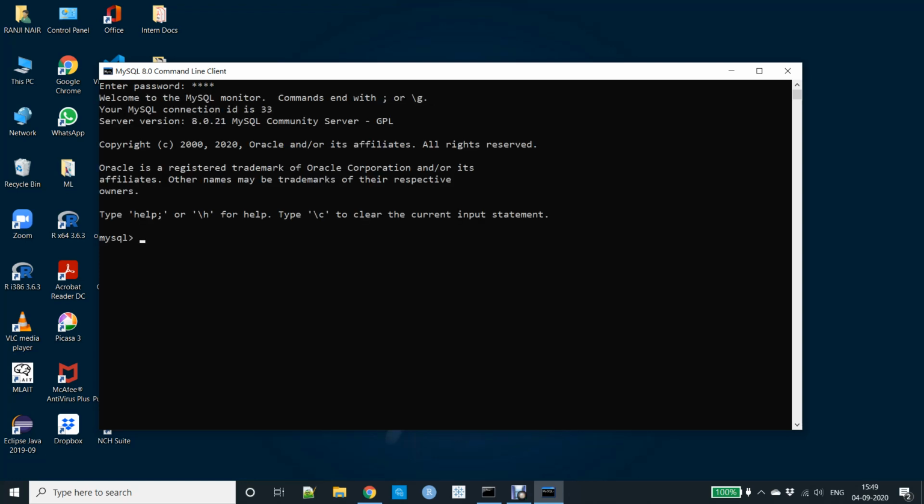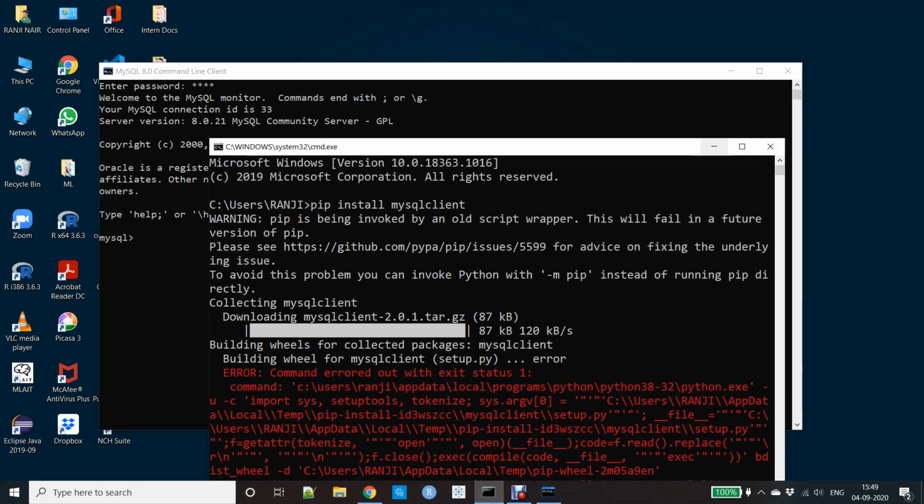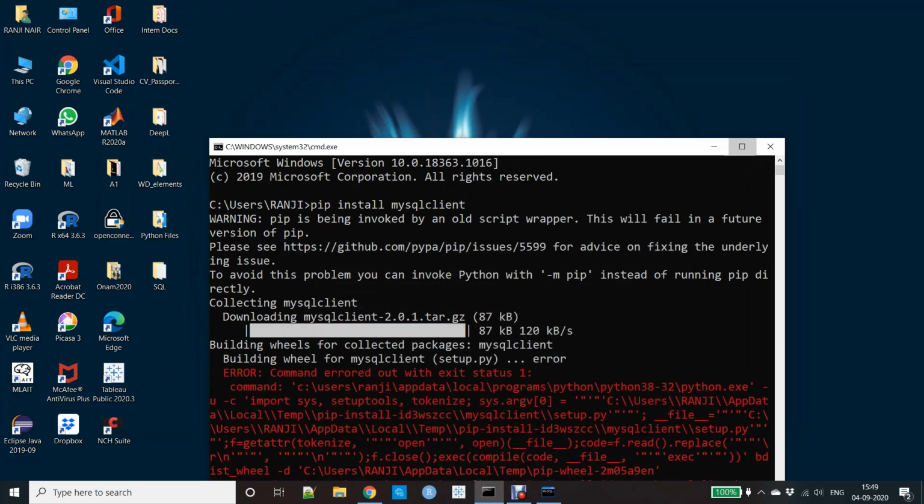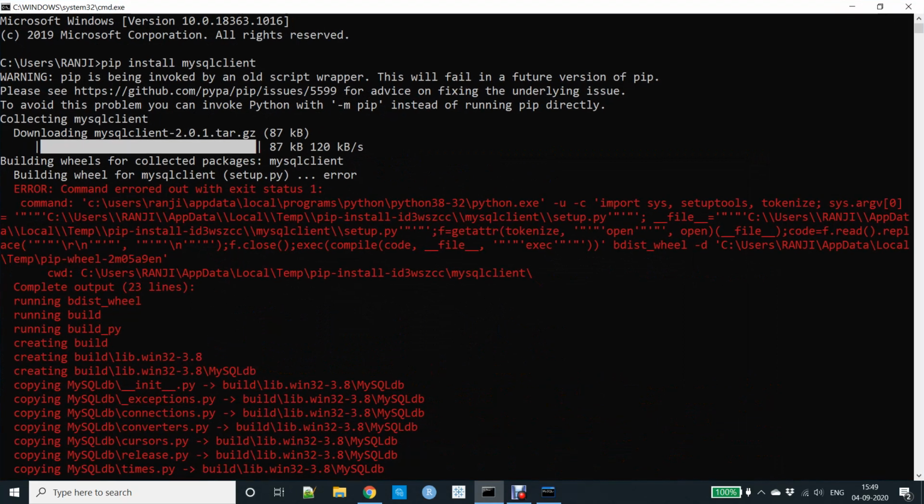So this is how the command line interface of MySQL looks like. Now, before doing all the activities, let me remind you about the basic things that you want to work with. So this is my normal CMD. I encountered certain mistakes, and I want you not to make these mistakes while installing.